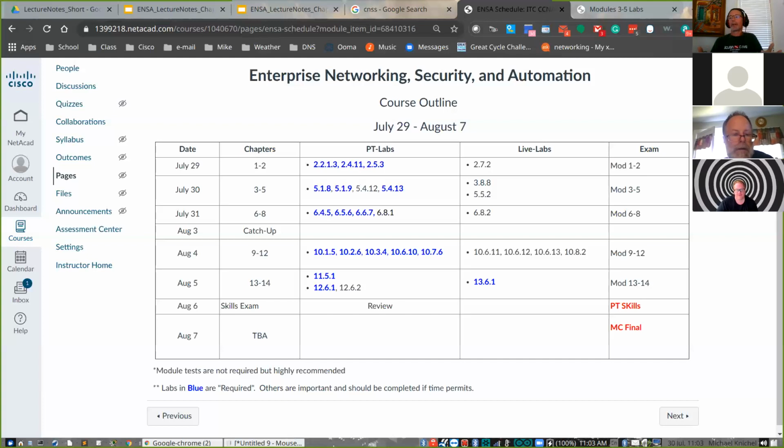But honestly, I don't feel at this point it's worth doing that, because Cisco is ramping up to change LMSs. At the end of this month, they're opening the new LMS with the new courses. It's not something you need to worry about. You're still going to go to NetAcad, you're still going to open the course, and it's going to take you automatically when you launch it. It's going to push you over to the new learning management system. But the creation is also going to happen from this same location.